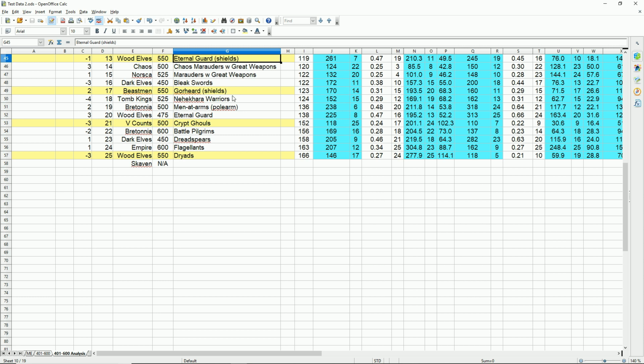Otherwise, the Eternal Guard with shields is the only pick, really. And it's just one of those things that drives me bananas, because you should see these shielded and armor-piercing anti-large units show up a little bit lower, I would think. Especially, it's not like the